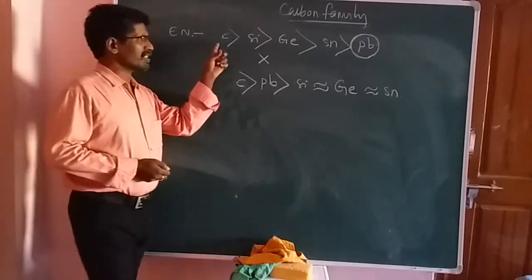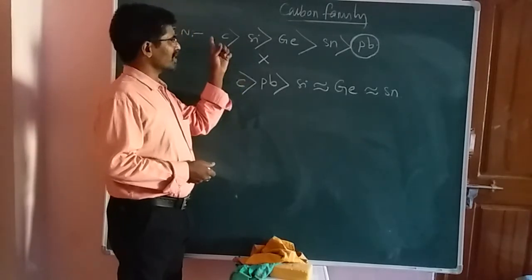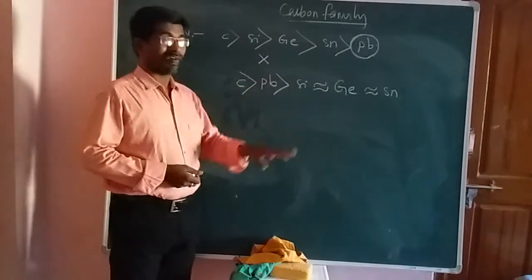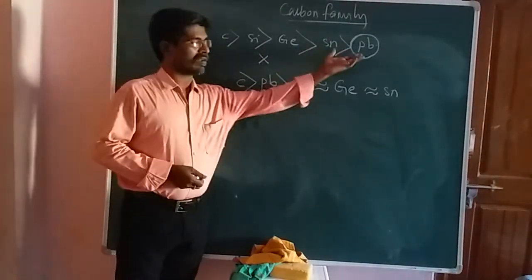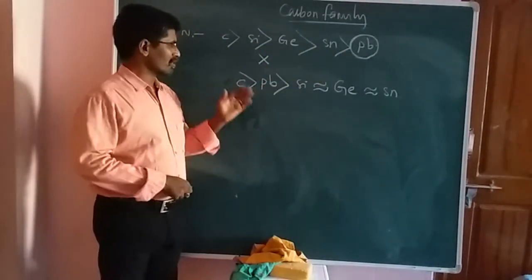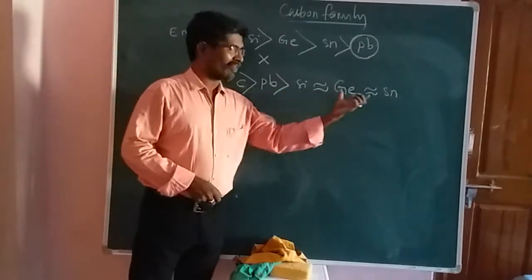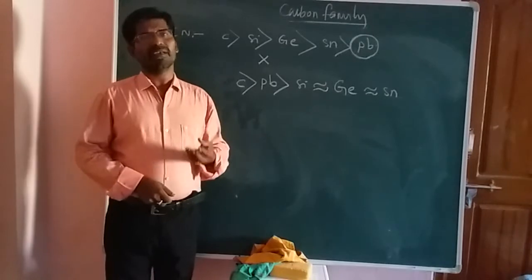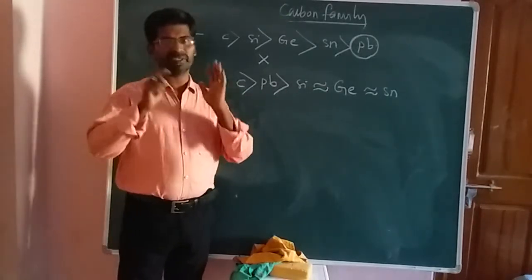Electronegativity of elements generally decreases from top to bottom. But here it does not follow the regular trend due to the inert pair effect of the last element. So lead has the more electronegative nature. This one is 2.5 and this one is 1.9 something. But the remaining all are having 1.8, 1.8, 1.8. Those are the values of those particular elements. This is the electronegativity character.